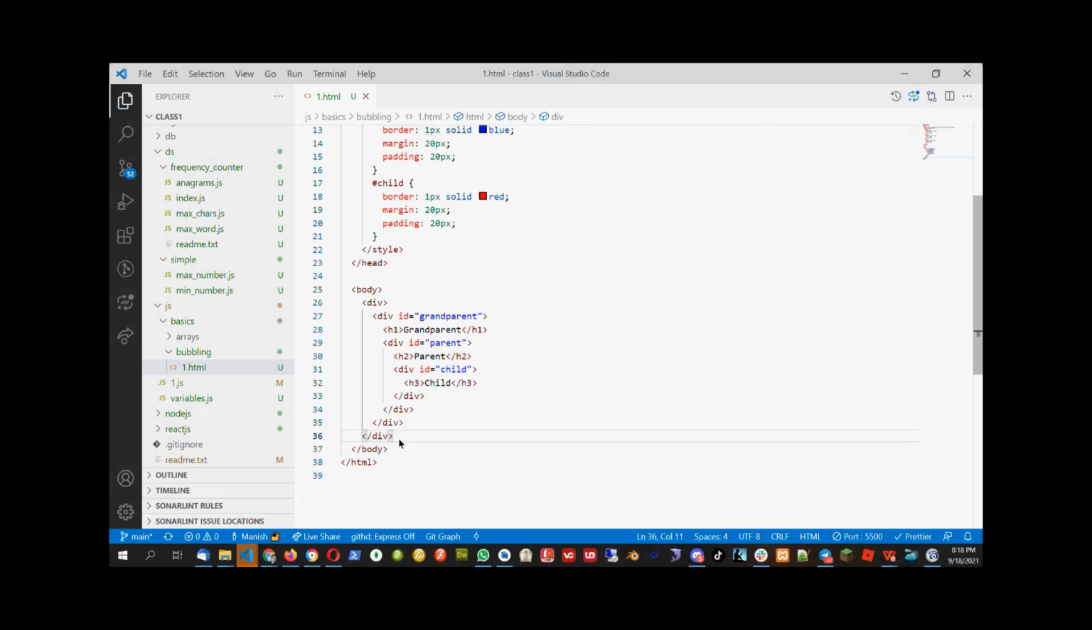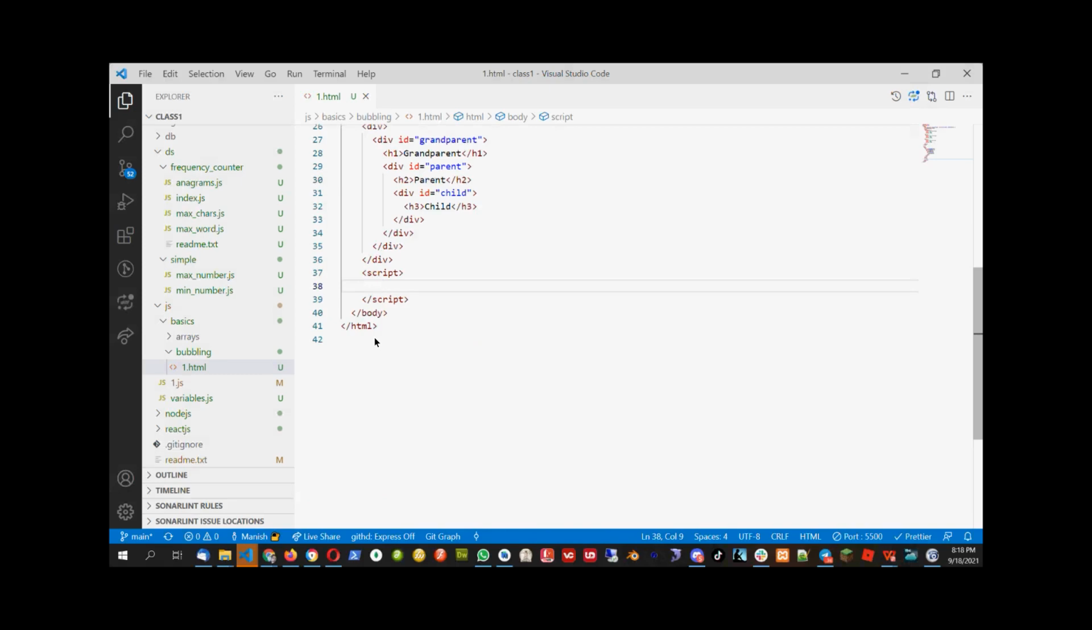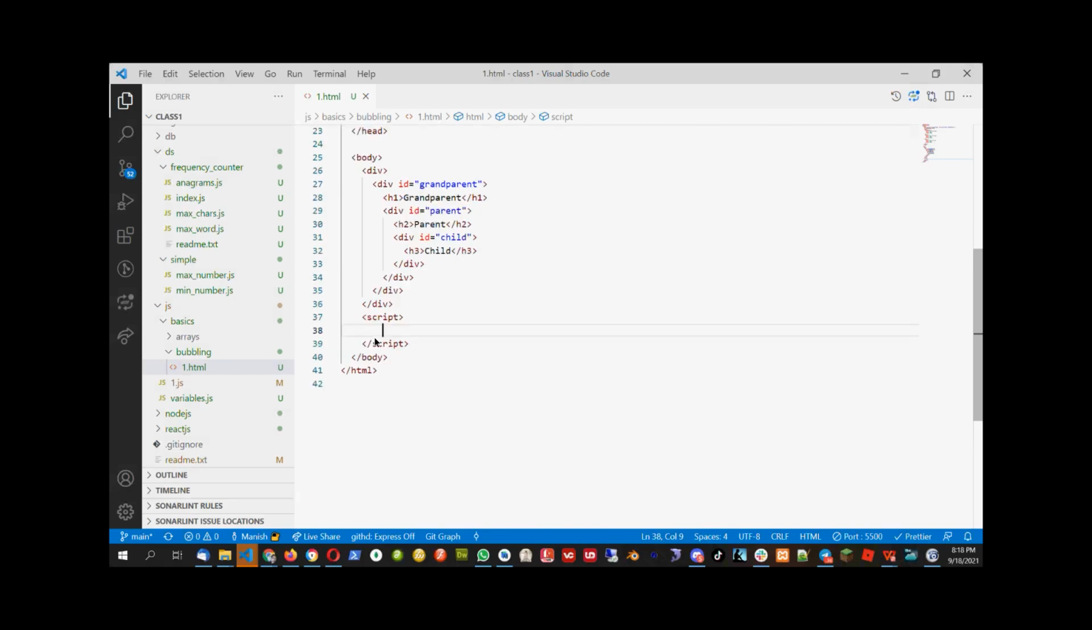Before the closing of the body tag, I will create a script tag where I will write my JavaScript, and all the JavaScript will lie here. So the basic thing is, now I want to access this grandparent. So to access this grandparent, there is a command in JavaScript, and that is what I am going to do. So I will create a variable. Maybe I can write down const grandparent equal to